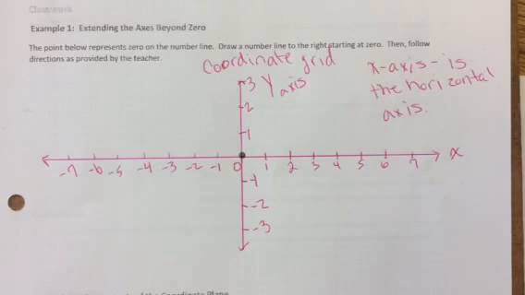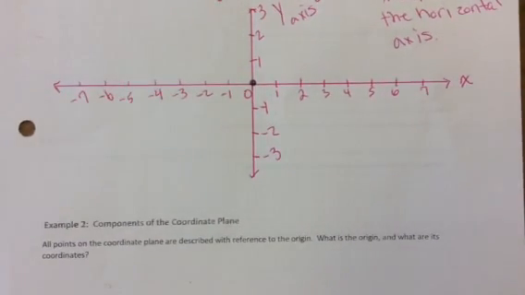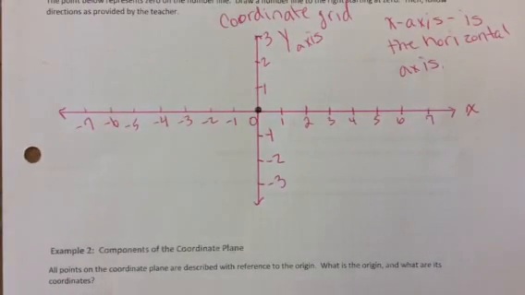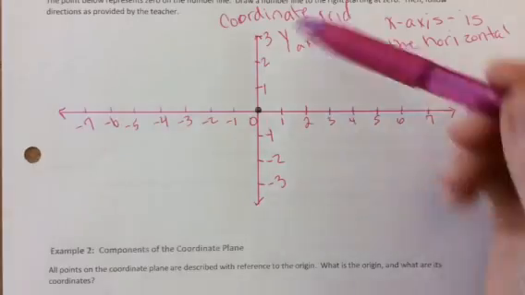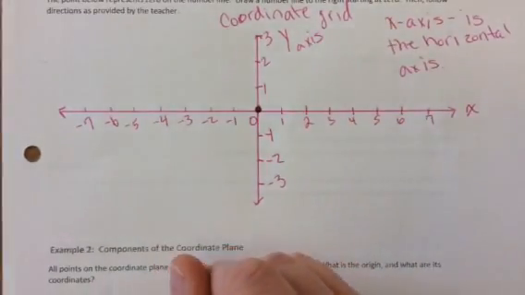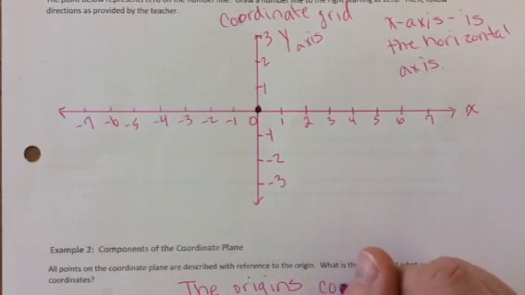Okay, the next example is example 2, talking about different components of the coordinate plane. So when you take a look at example 2, first we have a question that we need to answer. All points on the coordinate plane are described with reference to the origin. What is the origin, and what are the coordinates? So, who can tell me what the origin is? The origin is where the x-axis and the y-axis intersect, which is right here. The origin coordinate